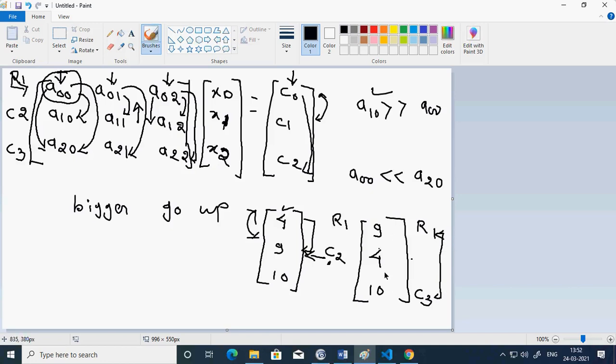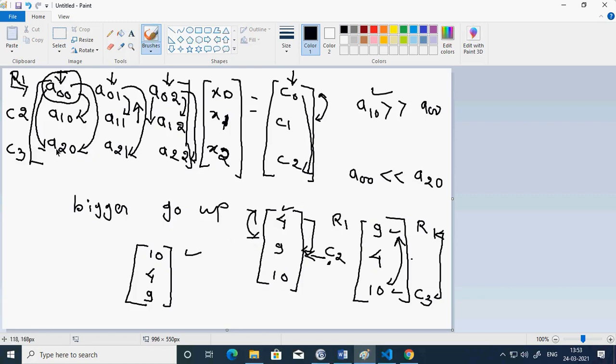Now if while comparing, this is smaller and this is larger, then I am again going to have a swapping function. So here in this case it is smaller, so therefore I am going to swap. So what is going to happen? 10 is going to go up, 4 and 9 is going to come here. So this is how the swapping will take place. Okay, and what we see at the top is the maximum number.